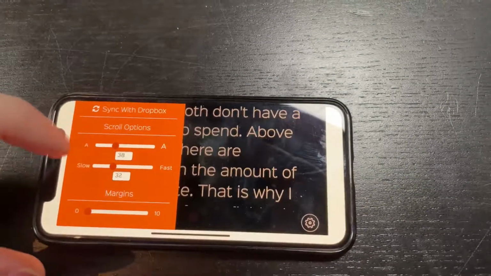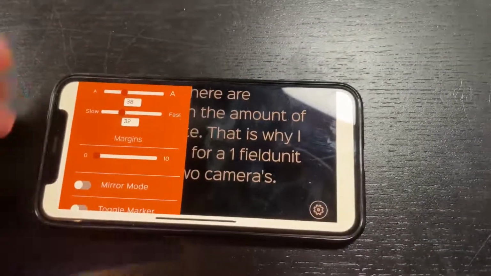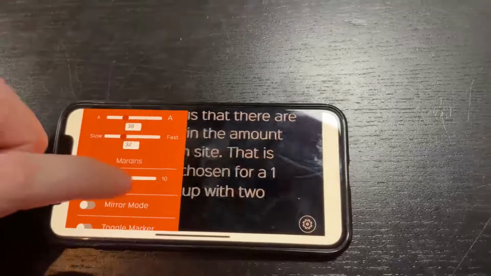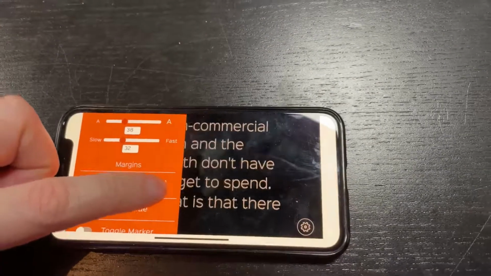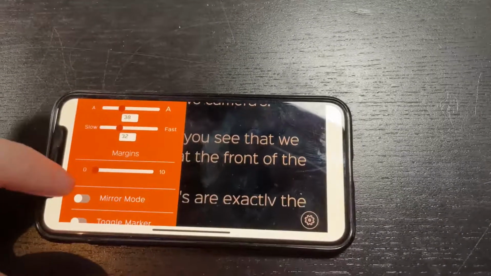Maybe something like this. And then here you have margins. Now the margins are actually because of the unit. If you have a bigger phone and you want to just change the margin a little bit, that is what that does. And these are really important because